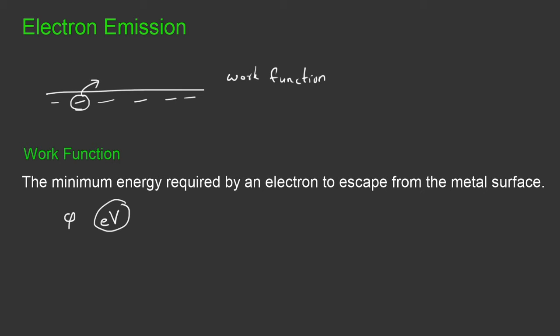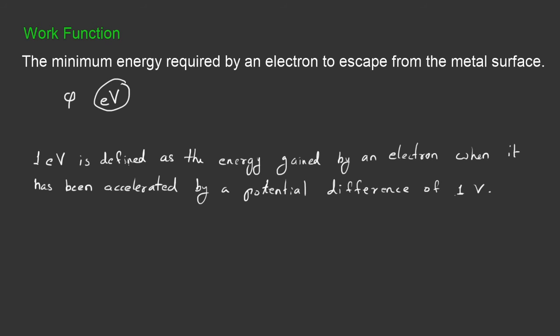Here we got one more term, electron volt. So we need to define the term electron volt before going further. Electron volt is a unit of energy commonly used in atomic and nuclear physics. 1 electron volt is defined as the energy gained by an electron when it has been accelerated by a potential difference of 1 volt. We know if a charge Q is taken through a potential difference of Vb minus Va,